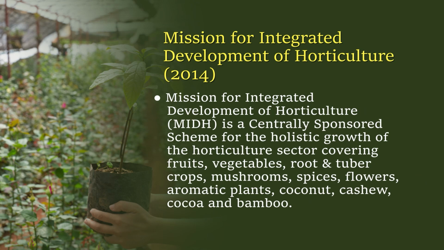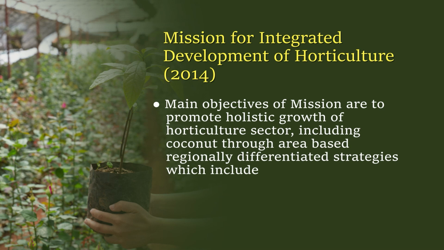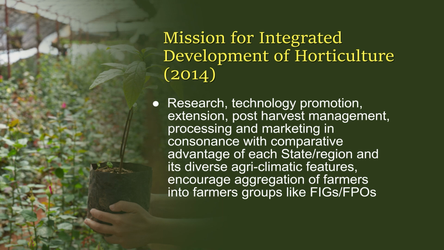It's a centrally sponsored scheme for the holistic growth of the horticulture sector, covering fruits, vegetables, root and tuber crops, mushrooms, spices, flowers, aromatic plants, coconut, cashew, cocoa, and bamboo. The major objective of this mission is the promotion of holistic growth of the horticulture sector through research, technology promotion, extension, post-harvest management, processing and marketing, in consonance with the comparative advantage of the state or region